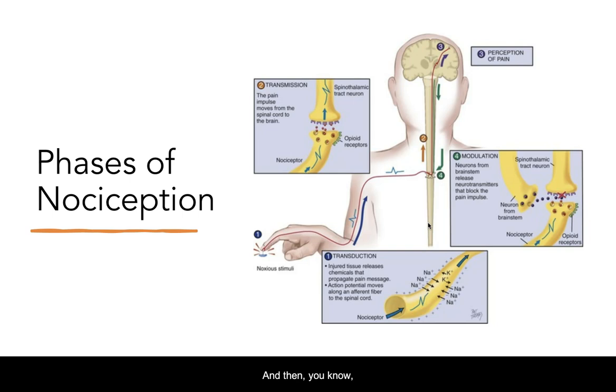And then stage 4 happens, the modulation phase, where the neurons from the brainstem release neurotransmitters that block the pain impulse. These are your serotonin and your endorphins, your endogenous opiates, things like that, which help your body